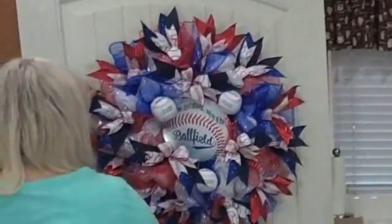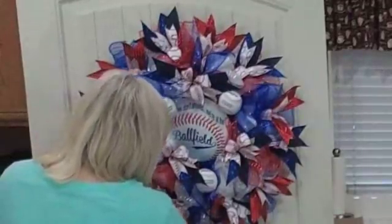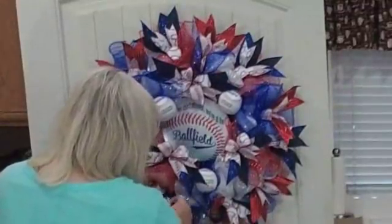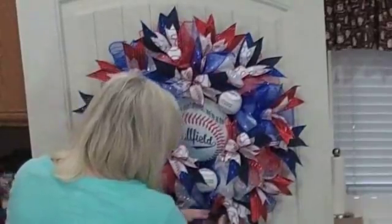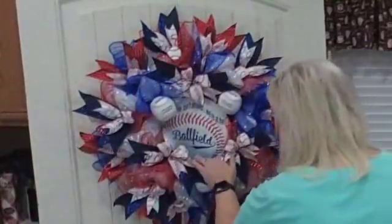Here's how you do a sporting or sports wreath, right? So if you have a baseball fan, you could do it this way. If it's football, you just change out the colors. You change out your embellishments. If you're doing it team specific and as a custom order, they can,